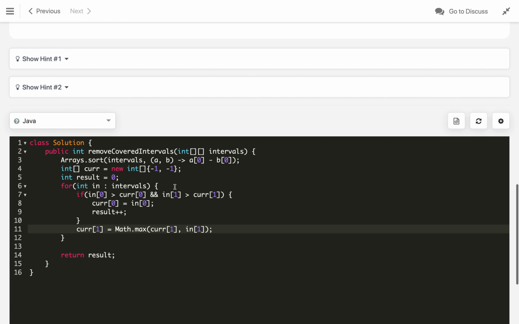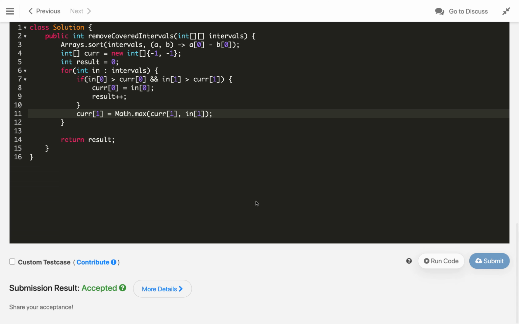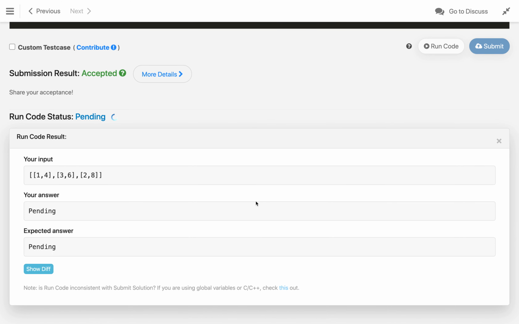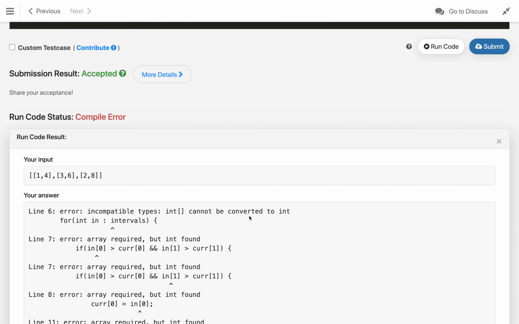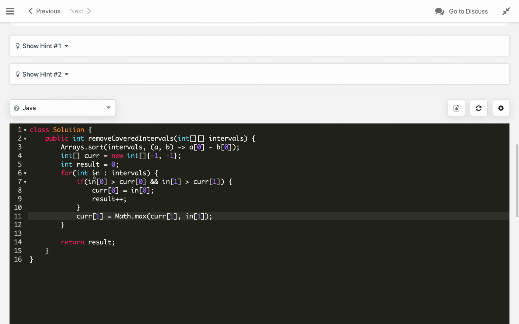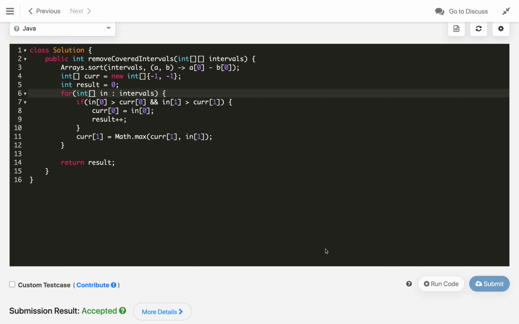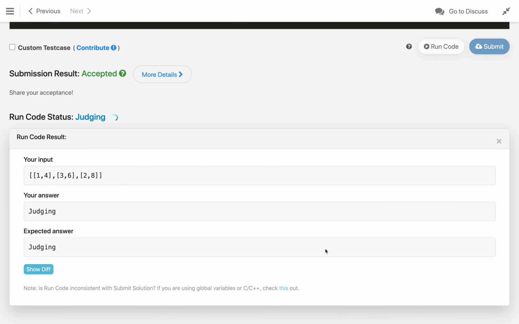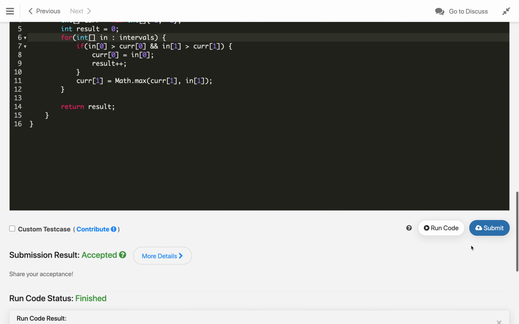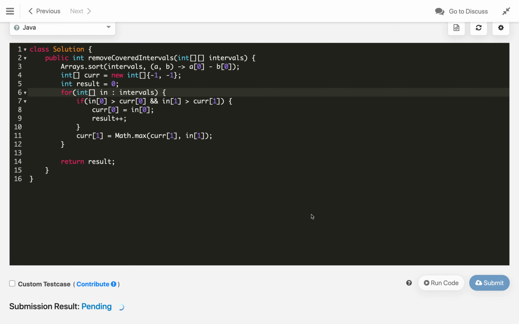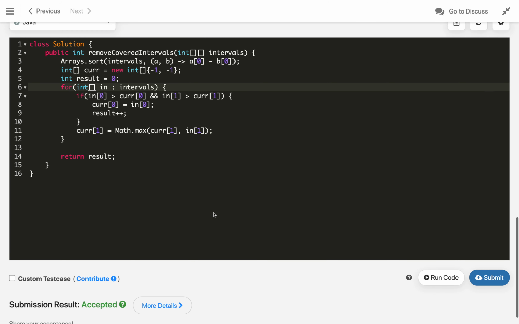So this is how it will work. Let's compile the code and see if it is passing. I forgot to treat it as an array of two things, so let's compile it again. So it is working. Let's submit the code and see, it is accepted.